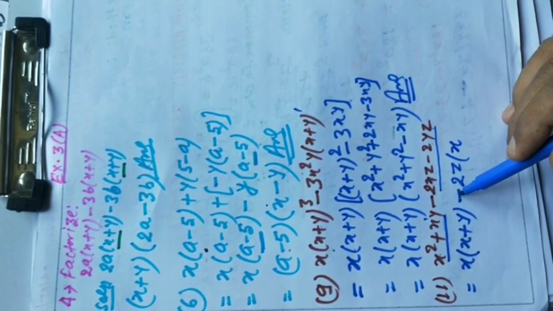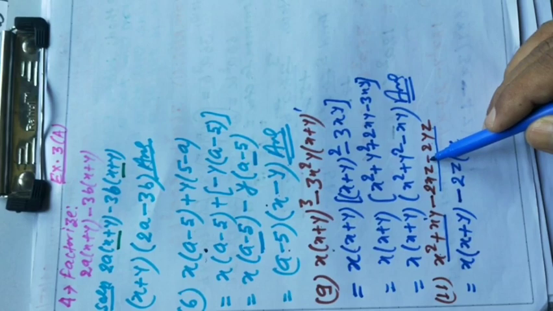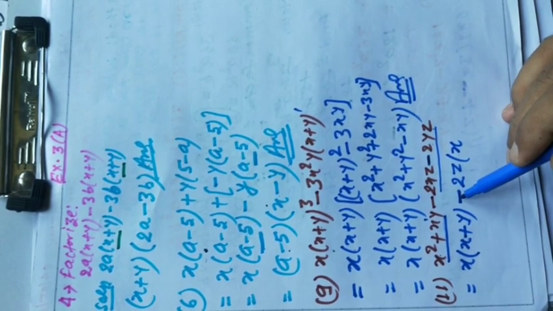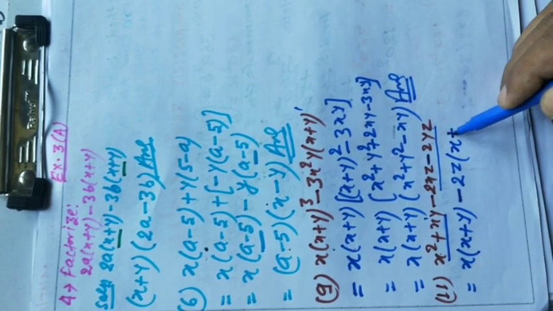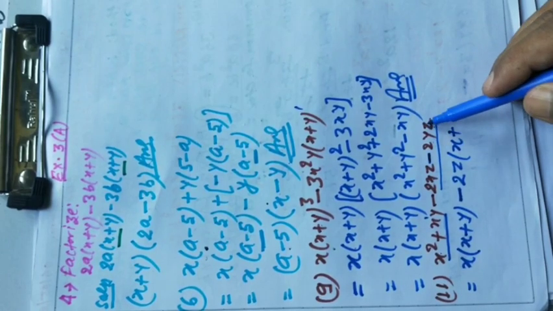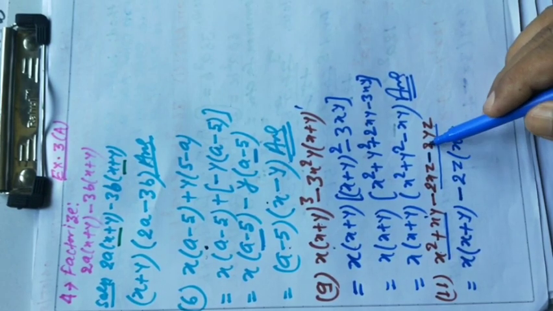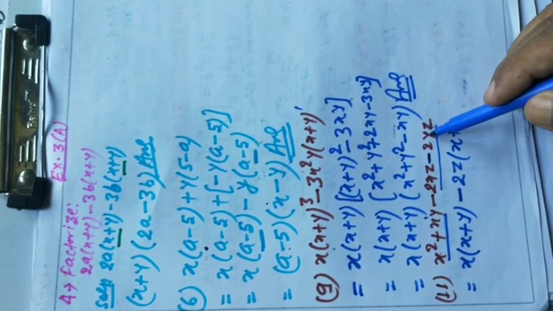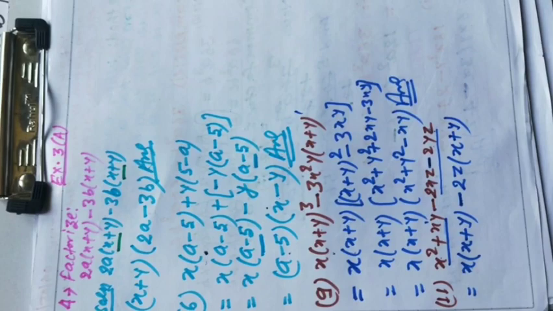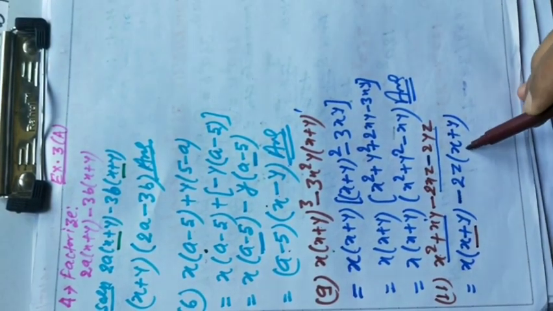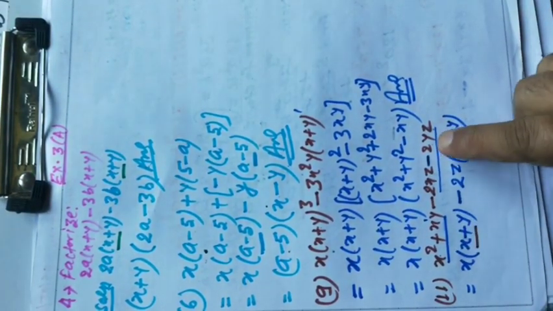And now you have to multiply this sign by this sign. When this sign and this sign are multiplied, minus multiplied by minus will be plus. And now divide this term by 2z. When 2yz is divided by 2z, then what will be left? 2 will cancel with 2, z will cancel with z, then what will be left? y. So put here y. Now you can see x plus y and x plus y is there, so you have converted these 4 terms into 2 terms.